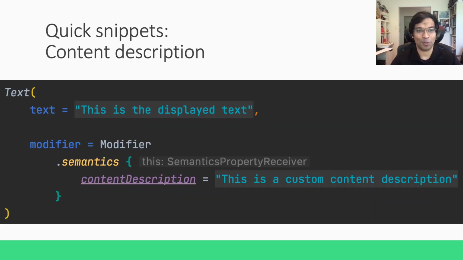Now let's look at the Compose alternative to this. Compose uses modifiers and semantics. Modifiers are additional properties against any UI component, and semantics provide additional information on top of that about things like accessibility as well as other things. So when we want to set a content description for any composable, you use the semantics modifier, and you can provide a content description using the handy property called content description.